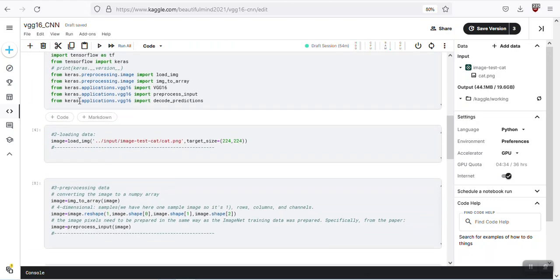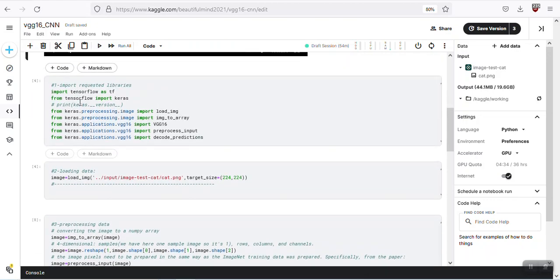First of all, there are 8 steps for building any Keras model. The first step is importing the necessary libraries, and here for sure we are using TensorFlow, because Keras is derived from TensorFlow libraries. So we are calling TensorFlow and Keras. And then from